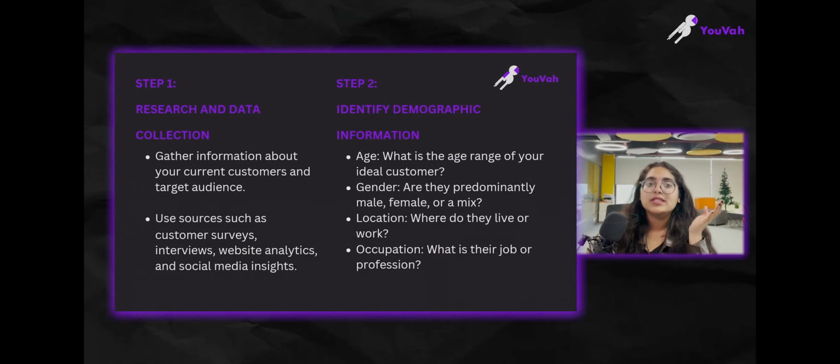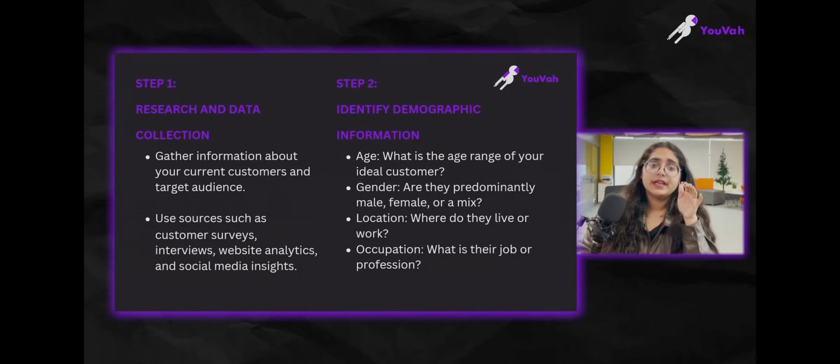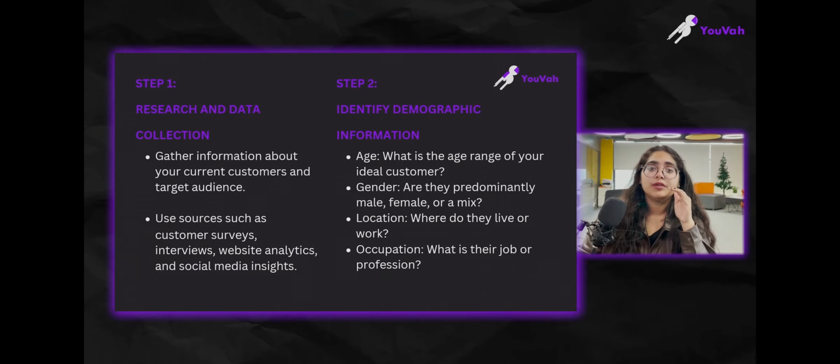First thing is to go to the secondary sources of data, if not primary sources. Do your research, do your data collection really well, and see which people would be inclined towards this kind of customers, this kind of products, right? Read the magazines, read the web analytics, go to social media, do customer surveys and figure out what your current customers and your audience segment look like, right? So gather information, then analyze it, and you will be able to figure out a particular set of individuals and groups that you have to target, right?